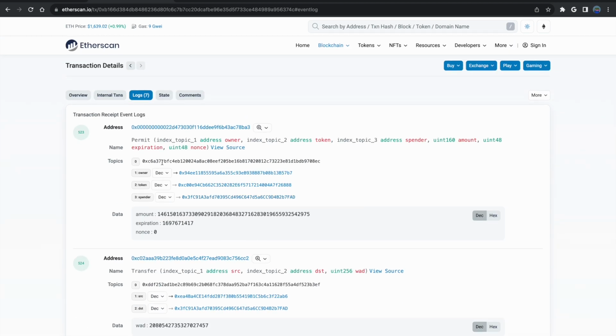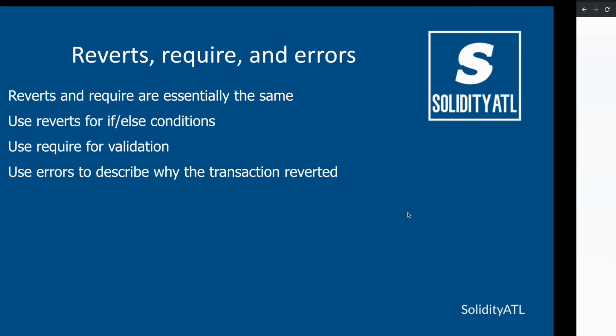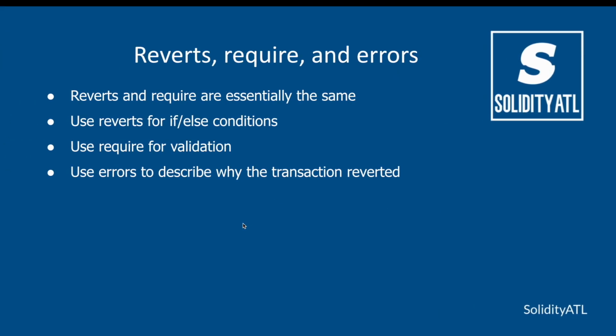As a developer, if I wanted to see when did someone use a specific function or perform some operation within the Uniswap contract, I may look for specific events that happen and then display that in my front end. Or if I'm part of the Uniswap team, they probably have some type of display for this event. And that's everything you really need to know about reverts, requires, errors, and events.